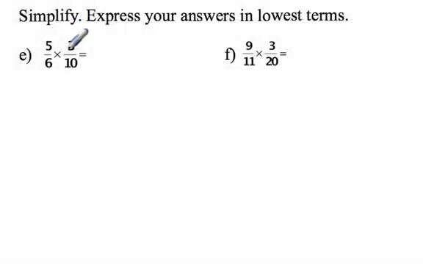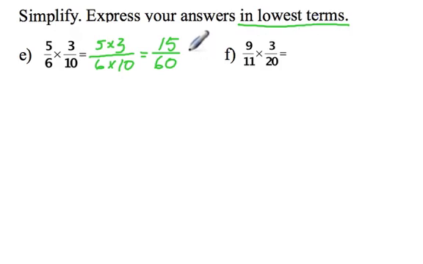For question E, we have to multiply two fractions. When we multiply fractions, we multiply the numerators, 5 times 3, and we multiply the denominators, 6 times 10. That equals 15 over 60. We are asked to express our answer in lowest terms. So we're going to look at, is there a common factor for 15 and 60? Well, 15 divides by itself, and 60 divides by 15 as well. So we can divide both numerator and denominator by 15